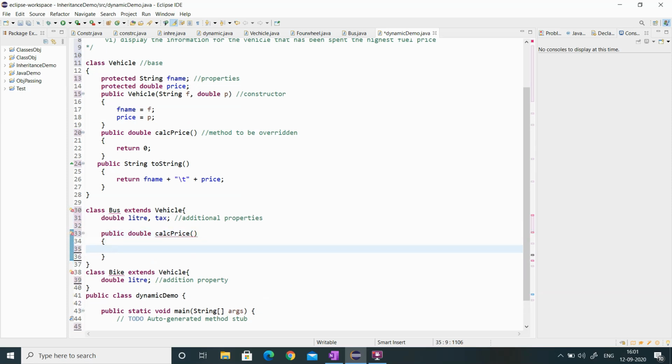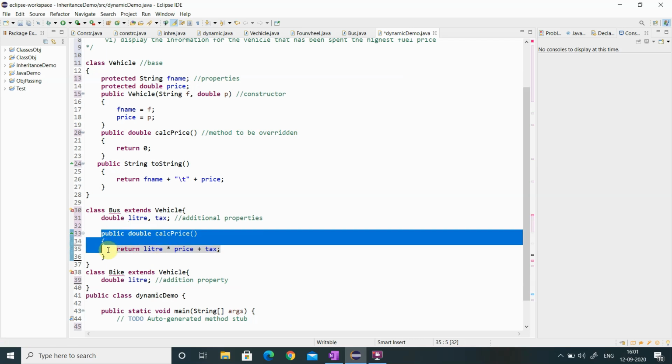The logic to be implemented is liter into price less tax. After calculating it, I have to use the return keyword to return the result, because here the return type is double.